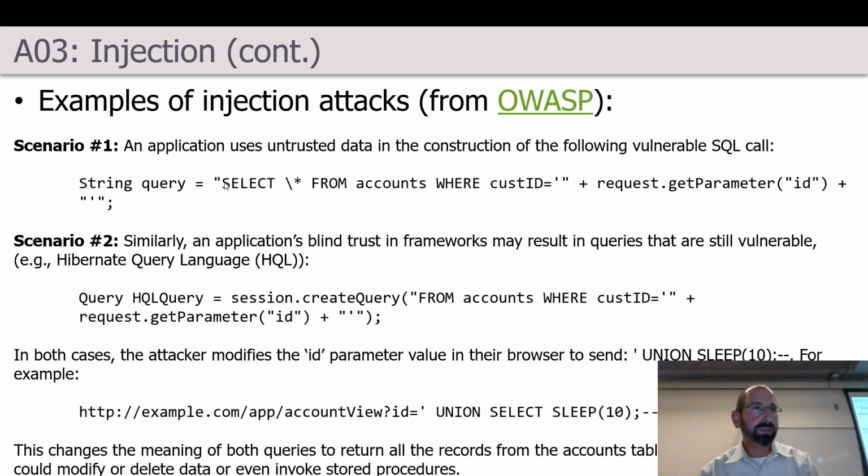Those of you who've taken databases or are familiar have at least seen this kind of syntax before. So far, this looks reasonable. Select from account where the customer ID is equal to request.getParameter ID. So we had some ID field in our HTML, in our HTTP call here, and it constructs a SQL request